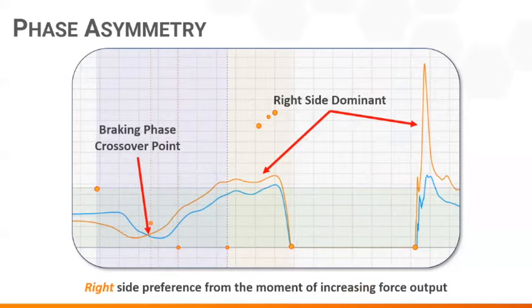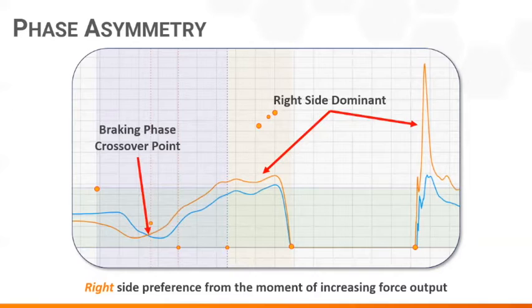Finally, we have this idea of the braking phase crossover point. So essentially, if you remember from previous episodes, the braking phase is when an individual starts to reverse the trend of downward force application and start to put force in the ground, tense up, and apply a lot more energy to the movement preparation period. So now what we see here is when that kicks in, there's a right-sided preference from that moment of increasing force output. So the left side is above upon standing and also unweighing, but then as soon as things start to tense up and get a little bit tougher, the right side kicks in and takes over, especially during